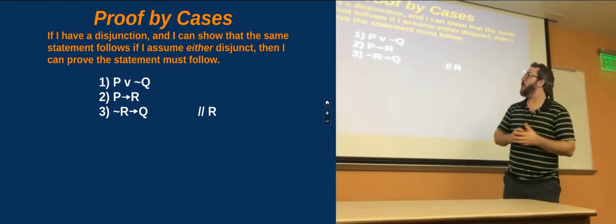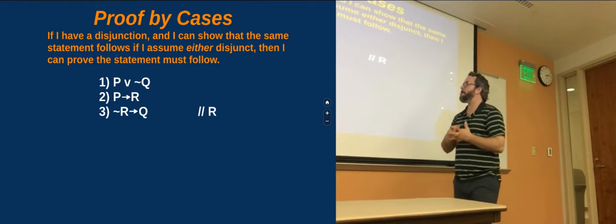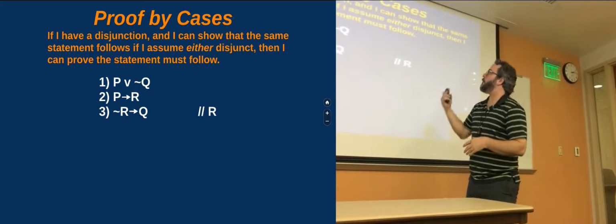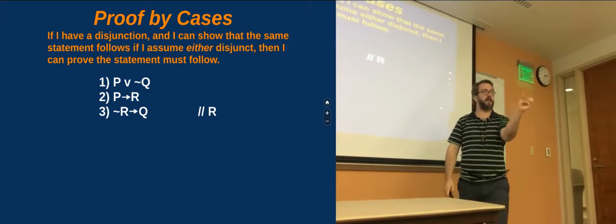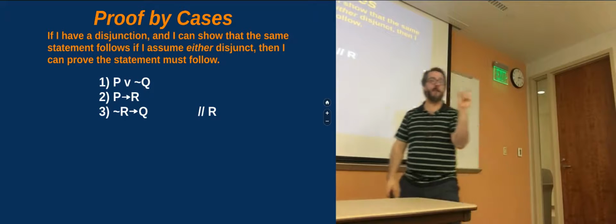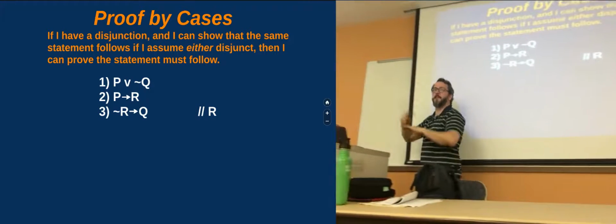This one is known as proof by cases. So this is our second new rule that we're learning today, also involving the use of assumptions. And the principle behind proof by cases says that you've got to start with a disjunction. If we know that I have some sort of or statement already on the